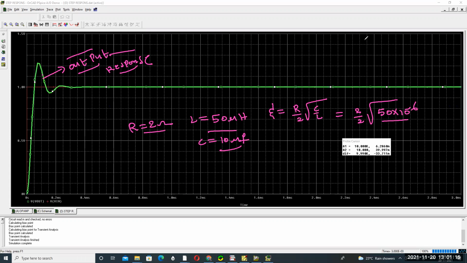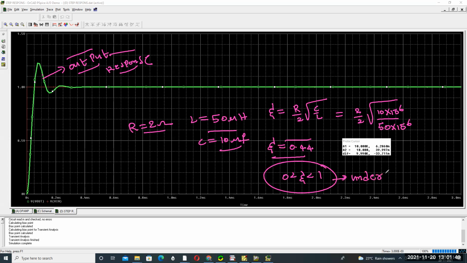Then you will get this value 0.44. So this is 0 less than zeta less than 1. That's why this is called an underdamped system.